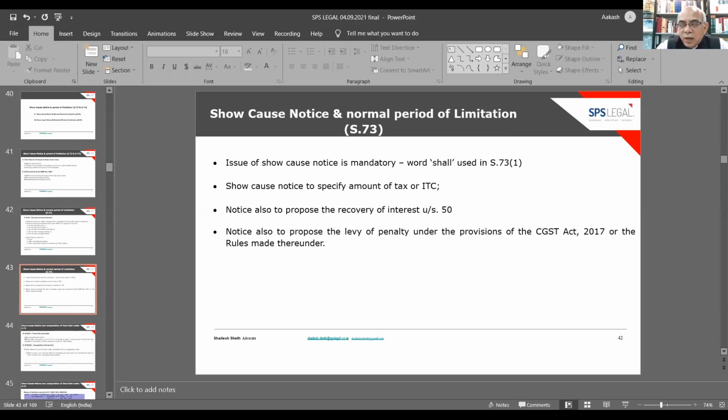It shall be noticed, I have already dealt with this, that 73(1) uses the word shall. So does Section 74(1): shall issue a show-cause notice. It means before any recovery, a show-cause notice is mandatory. It should also specify the amount of tax or ITC proposed to be recovered and the proposal to recover interest under Section 50. Though Sections 73(1) and 74(1) do not speak about that, the notice must invariably show the clause under which the penalty is proposed, because without notifying that, a penalty cannot be